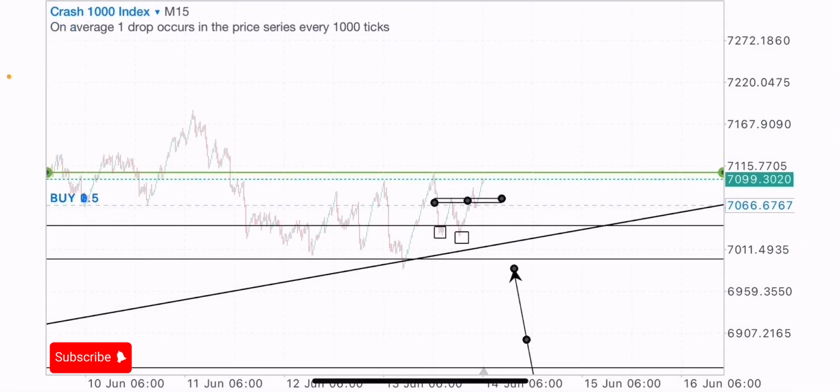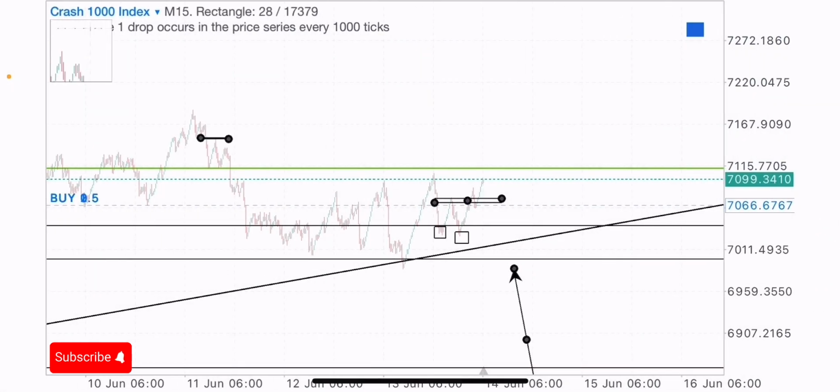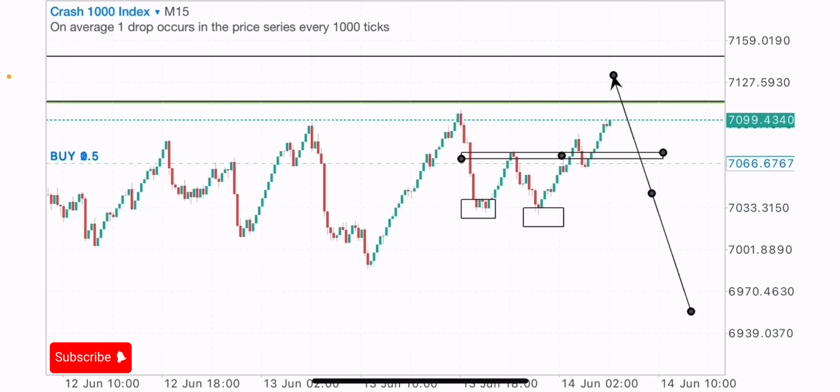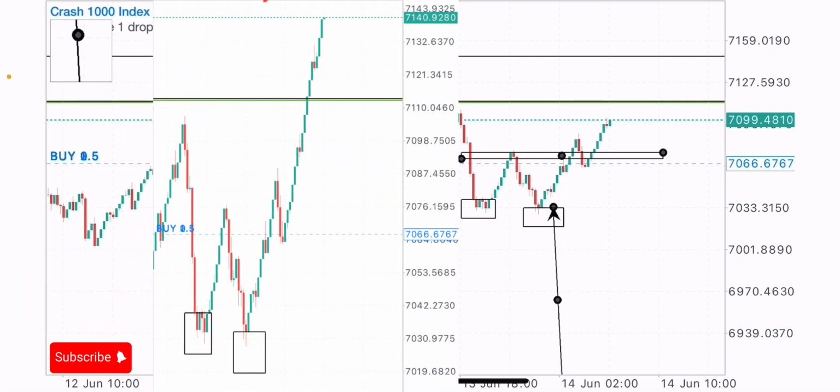I'm expecting the market to give us a further move to this zone, or to this level, because we have a supply level at this zone. We have a forward supply zone at this level. So as my target at this point, I'll be holding the trade to run up to this zone and moving in good profit basically. So that's how I was able to take the buys on the Crash 1000 index,